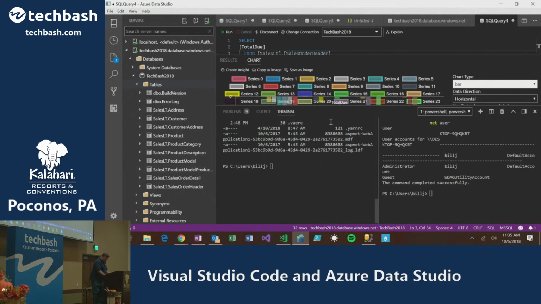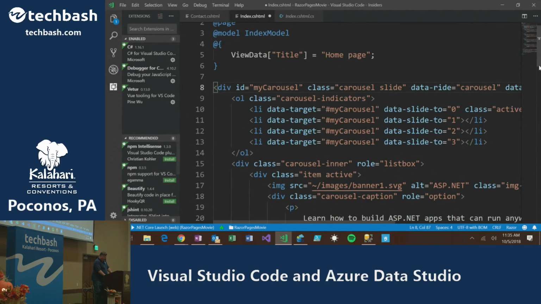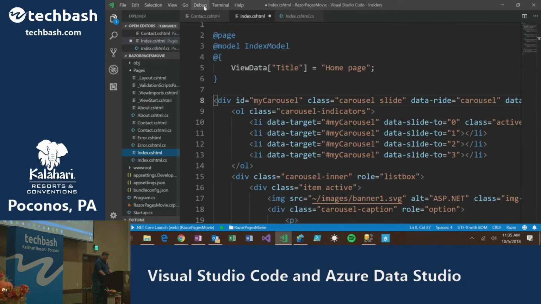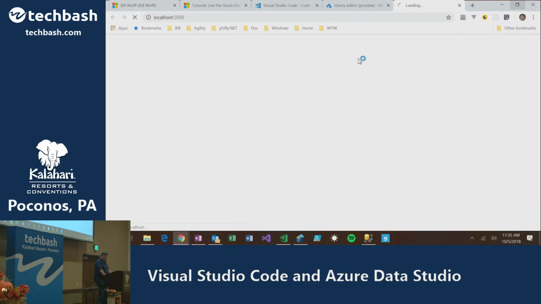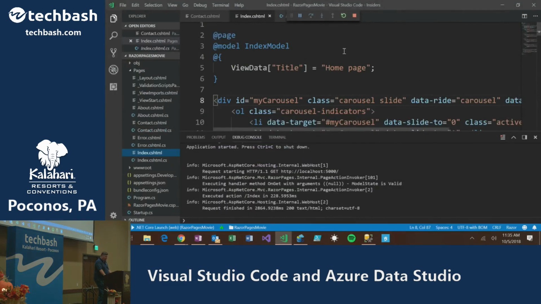Okay, so let's go back to Visual Studio Code. There it is. All right, and let's actually run something here. Since we haven't run anything, I'm just going to run without debugging just to show you that this can actually run and do something useful. And when you run, it's going to bring up a website, and that's not really the point, to see the website. But when you're running, it actually shows you this little toolbar up at the top that lets you pause and break into debug and restart and stuff like that. And then you can stop it by just hitting the stop sign there.